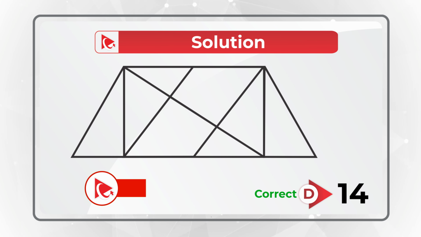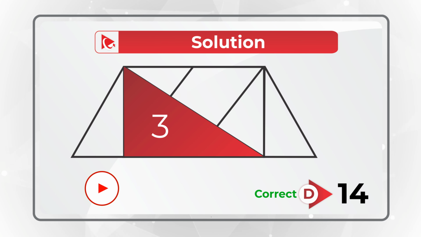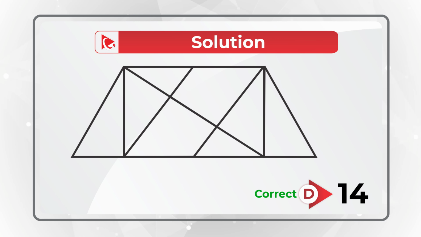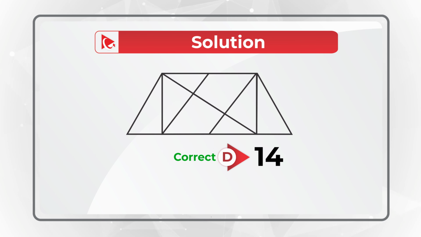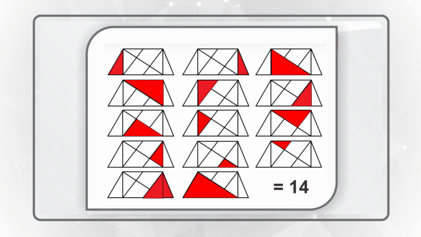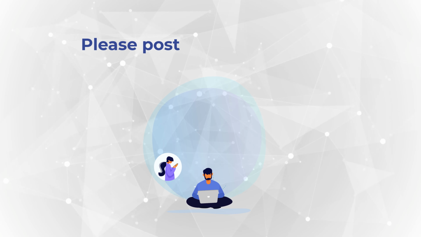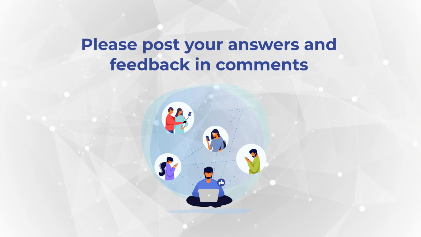Here they all are. 1, 2, 3, 4, 5, 6, 7, 8, 9, 10, 11, 12, 13, and 14. Did you see them all? Isn't it amazing how many triangles can fit into this simple shape? I learned something, hopefully you did too, and now know how to answer similar problems on the test.